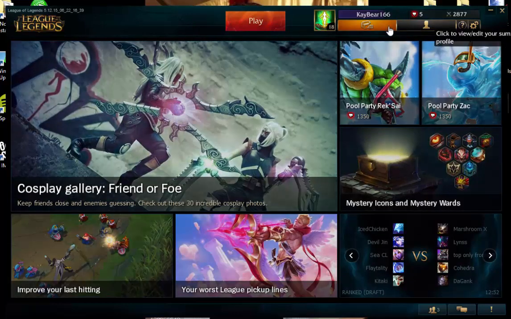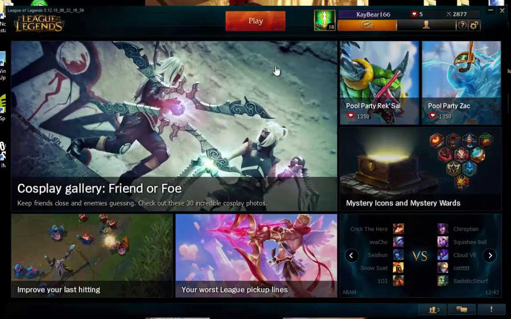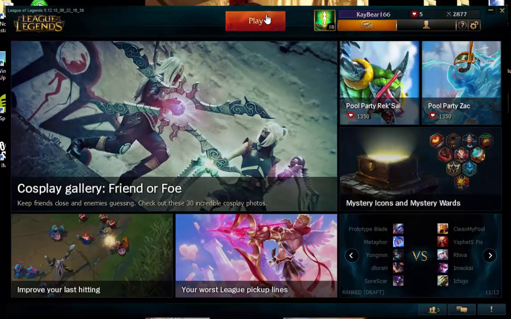Over here they'll mostly have sales. Right now they're having a pool party sale because of the summer, so you can get these. This is something new they added, the basics. You just find everything here, and this will leave you to links on whatever browser you use, Google, Firefox, Opera, whatever. So right here in the middle is your play button,